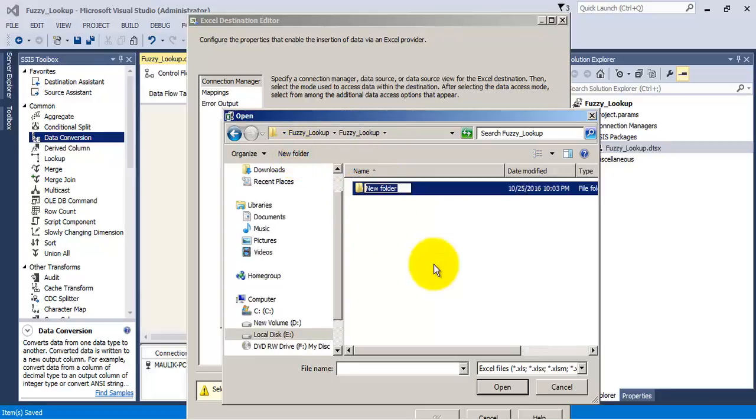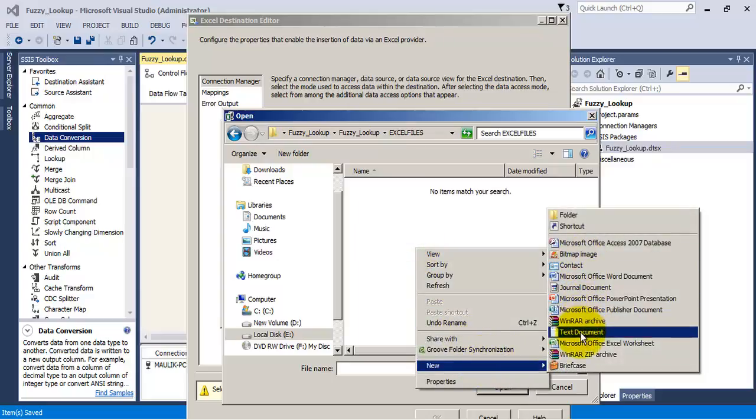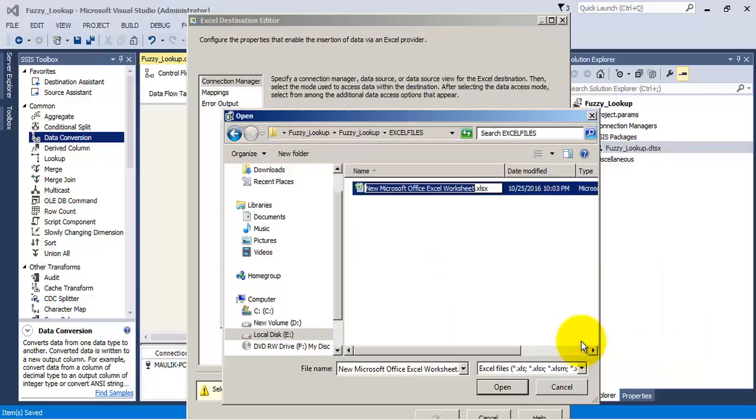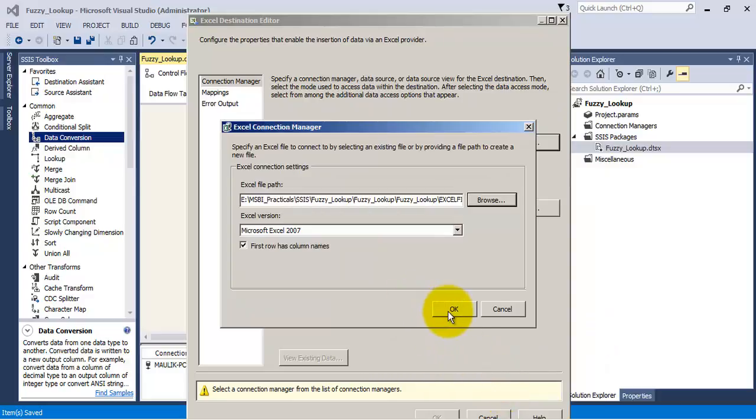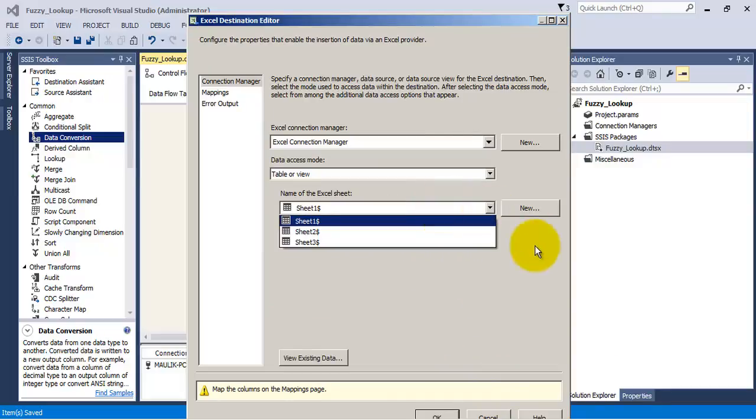So let us create a new folder for storing our Excel file, and let us create a new Excel file to store the tabs for the output of our data. So this will be our Excel file which will contain the three tabs for getting the output of our data.